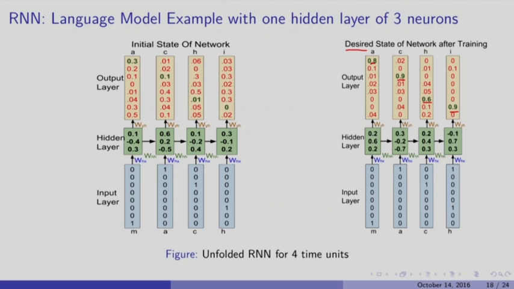So how do you make this happen? How do you make sure that the configuration of the hidden nodes in that desired state, which leads to the desired output layer, is attained? Well, we have to train the WHX and the